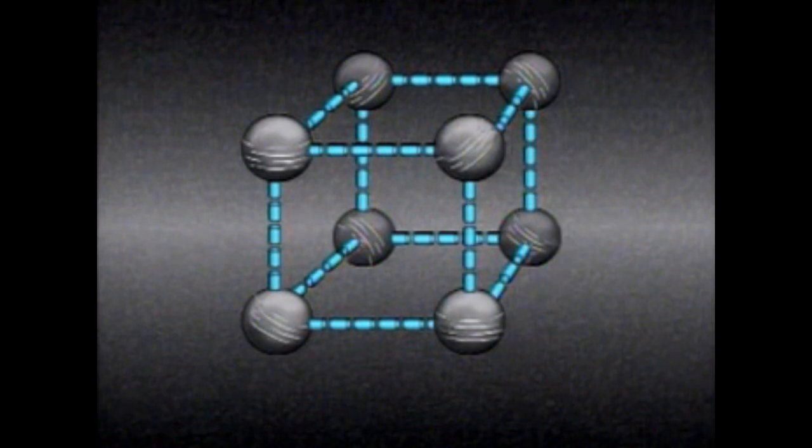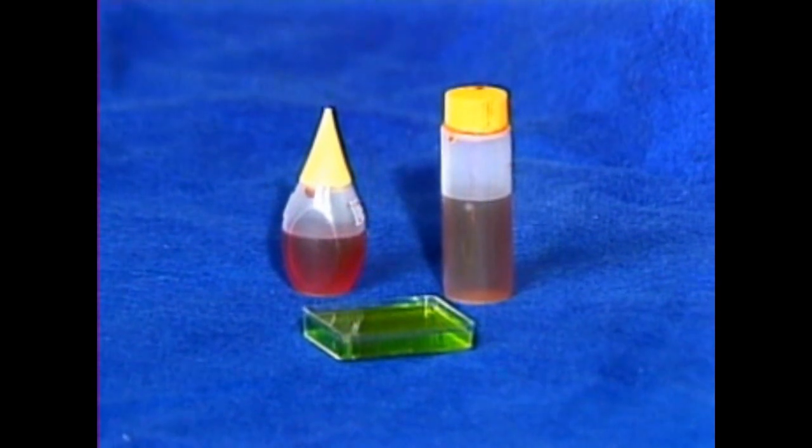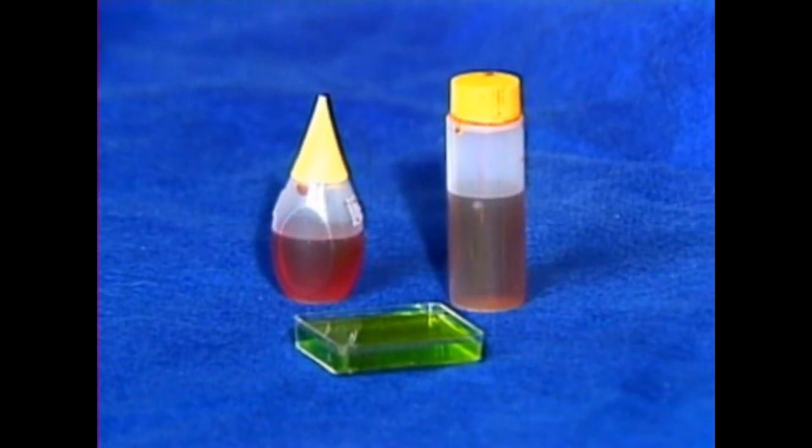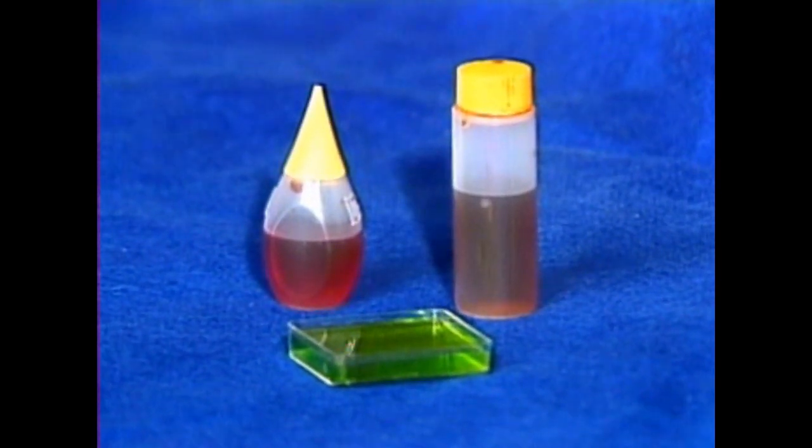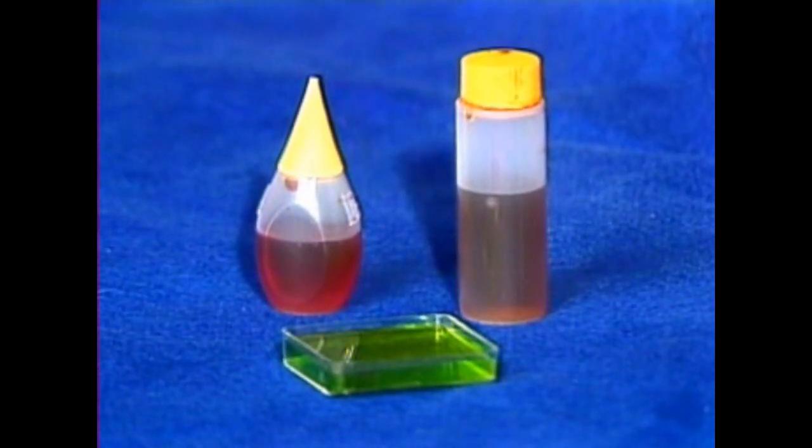The molecular structure of liquids is different from that of solids. The molecules of liquids are spaced farther apart because the cohesive forces of liquids are weaker than those of solids. As a result, liquid molecules move more freely than solid molecules. The ability of liquid molecules to move over each other is what enables liquids to flow. Another characteristic of liquids is that they assume the shapes of their containers. Also, the cohesive forces of liquid molecules are strong enough to hold the liquid together and give it a definite